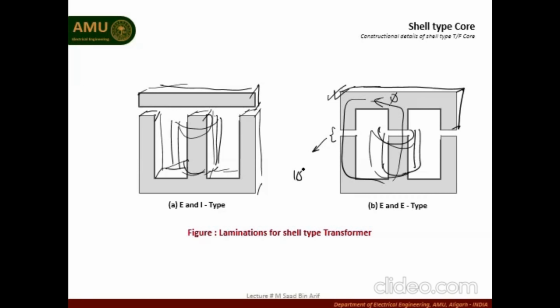and we know that the reluctance of the air is very high as compared to the iron core. It is about 1,000 times more than the iron core. So if we have, for example, an air gap of 1 millimeter, the reluctance of that air gap is almost equal to the reluctance of a 1 meter iron core, which is very high, and this will lead to losses in the core. So in order to avoid this, we will try to minimize the air gap as much as we can. For that, sometimes we overlap the laminations like this.